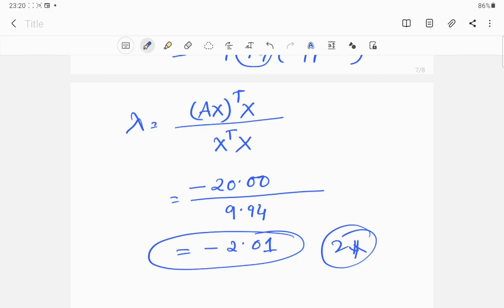Don't take the numbers from the book exactly, because I have seen that there are some mistakes in the calculations in the book. So be careful. Take only the examples and solve them on your own. Don't copy from that book. Try to get your own answer. If you are confused, you can share it with me, and I will check and let you know whether you have done it correctly or not. Again, I am repeating, don't copy exactly from that book. It has some mistakes in the calculation that you may not be able to detect. So it is always better to take only the problem and solve it on your own using pen and paper.